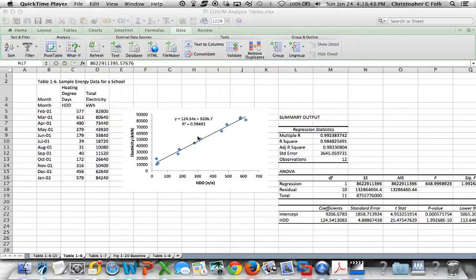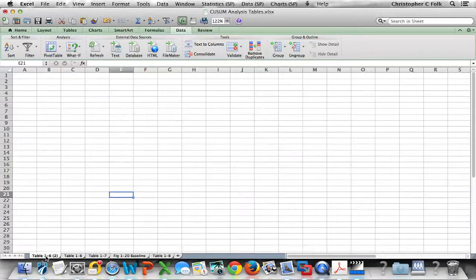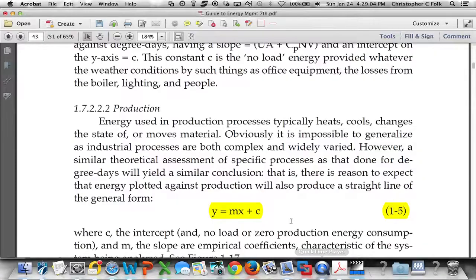So this is what we're going to make based on table 1-6 on page 45. Quite a bit of stuff, but it's all doable. So we'll start with a blank page, and we'll have to start filling in the information we need. So again, if we look at the table over here on page 45,